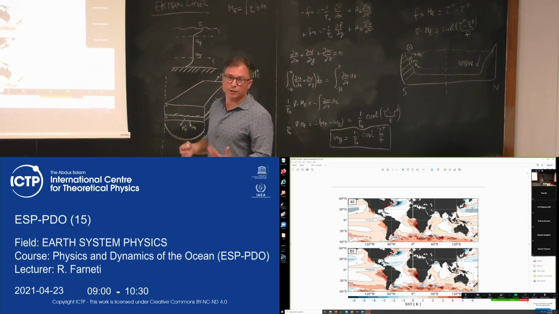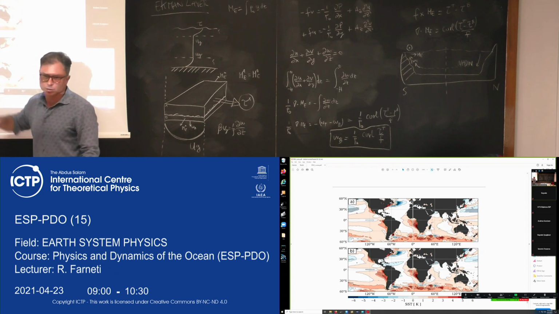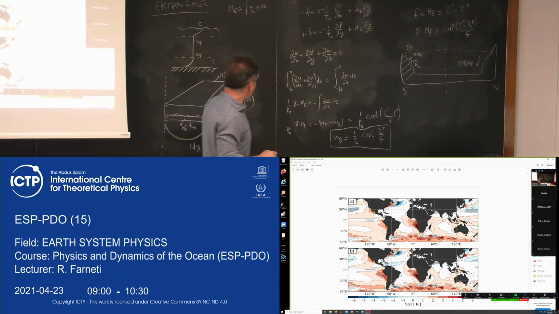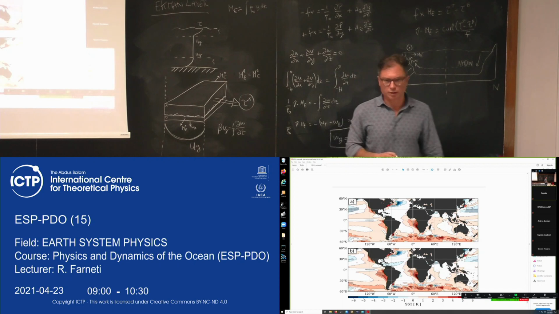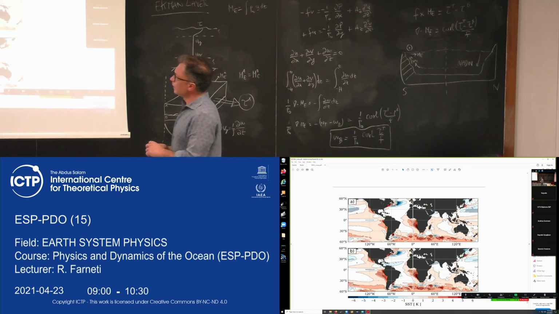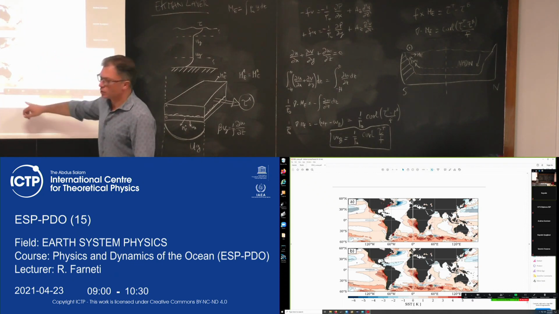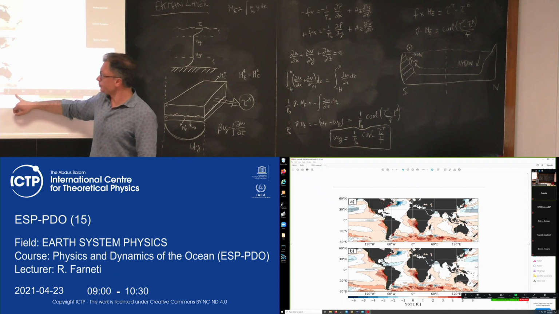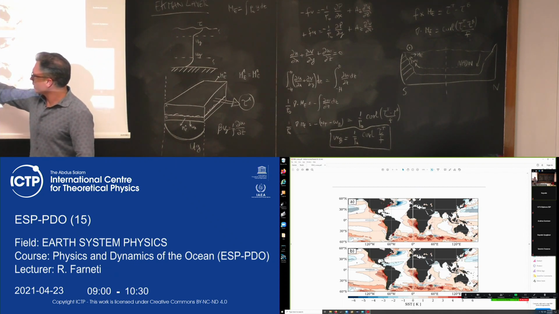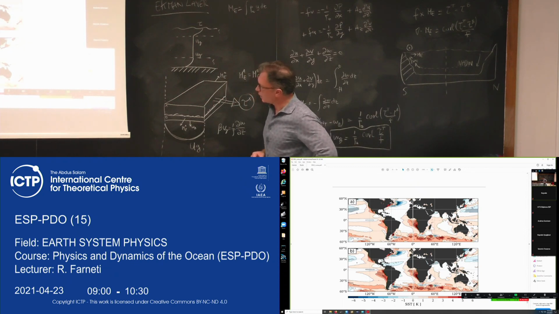So the largest bias actually in climate models today are located in coastal upwelling regions, because of the inability to represent all the processes going on in those regions. So it seems very simple from a theoretical perspective, but actually to represent that in a climate model is very difficult. And this large bias goes, I think, up to 6 degrees, so it's huge. This large bias, 6 degrees in the Benguela upwelling region,